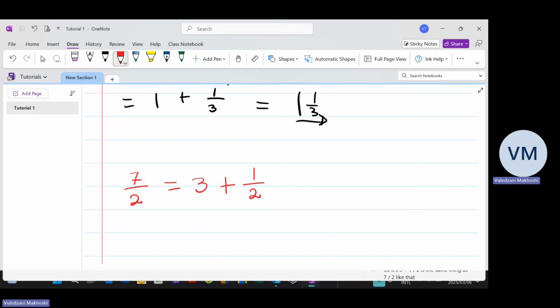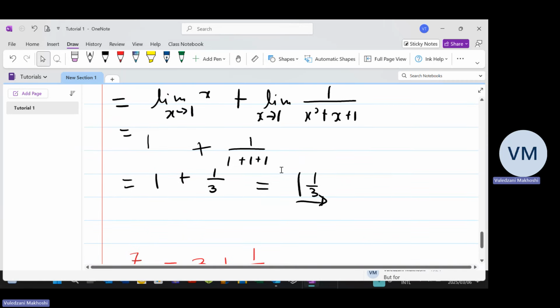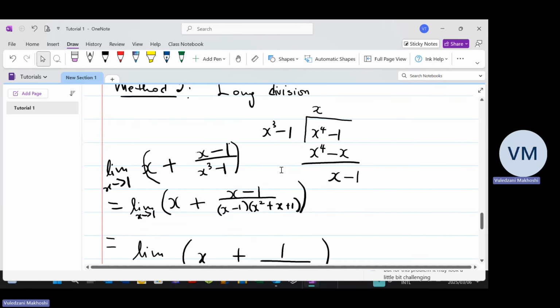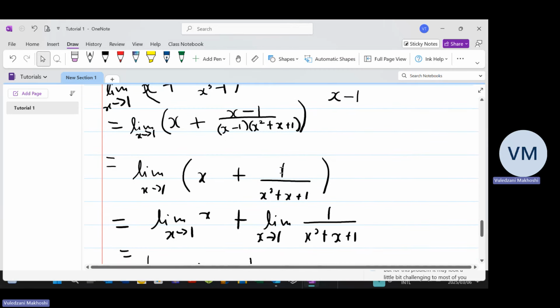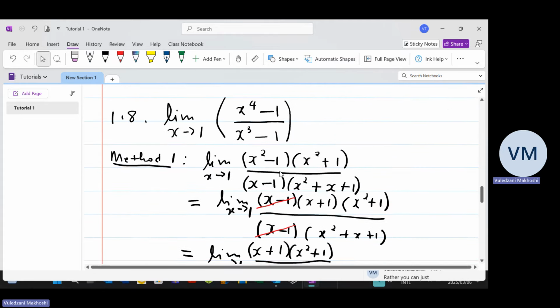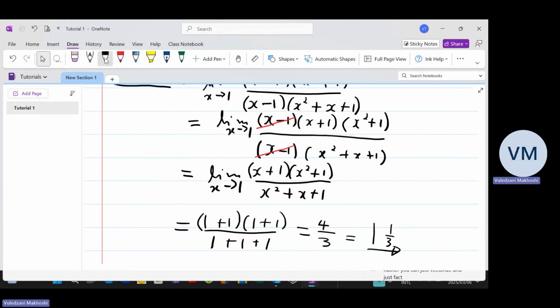All right. So, yeah, as I indicated, this method can be handy sometimes. But for this problem, it may look a little bit challenging to most of you. Rather, you can just factorize. That's okay. All right. So going further,